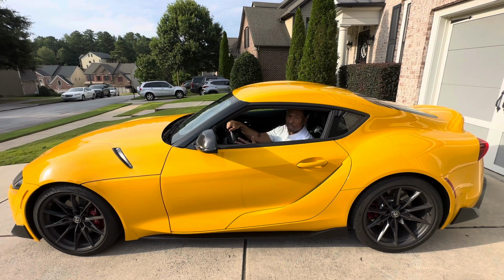The 2023 Toyota Supra, inline 6, turbocharged, 6-speed manual transmission. If this isn't hot, I don't know what is. Now, before you start commenting, yes, I know there are cars that are faster. There's some that may even look a little bit better. But with the heritage of the Supra and the fact that Toyota had the guts to bring it back, and that they listened to all of you and put this manual transmission in this inline 6, I think Toyota should get kudos, thumbs up